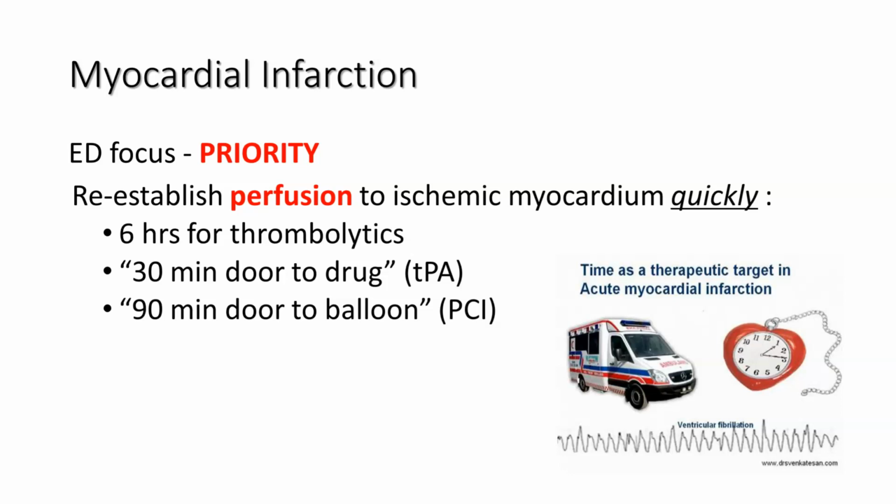And then if it's a STEMI, because the STEMIs are the ones most likely to go to the cath lab first, or emergently, I should say, then you have 90 minutes from the time that they enter the door to send them down to the cath lab for that PCI, that percutaneous coronary intervention, to do some sort of therapy. And we say that the people are having issues in that first 2 hours of chest pain,